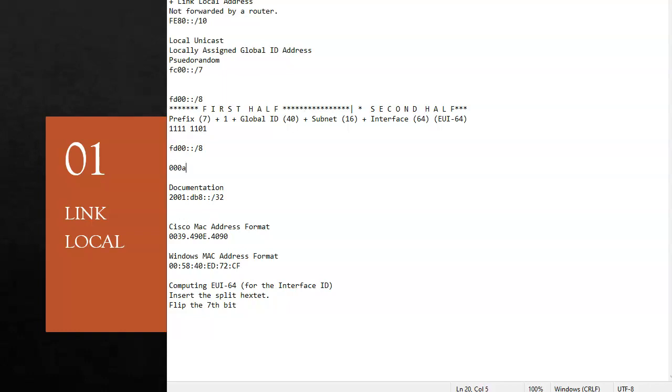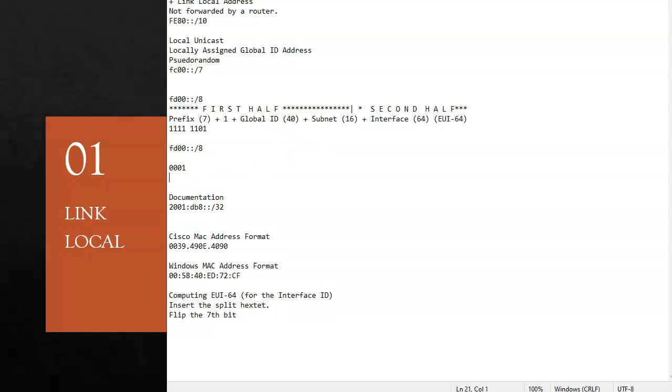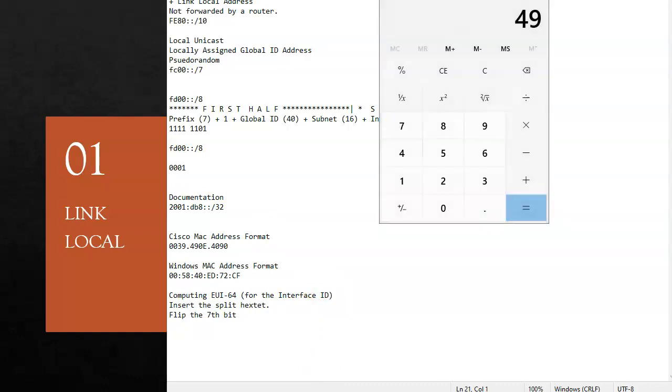Or I could do 0001 and just increment it up. But let's say I was a large organization, and I had created this global ID that was pseudo-random, and then I have a local site here. How many different physical locations could I have and still be unique?